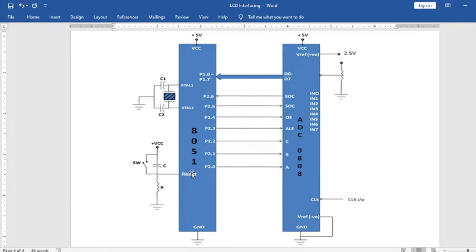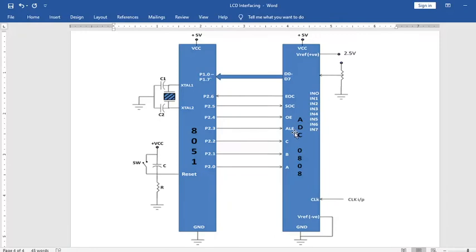Once the 8051 gets the signal that conversion is done, it activates the address latch enable signal as well as output enable. Address latch enable means whatever is present on the address bus of this 8051 is now valid.